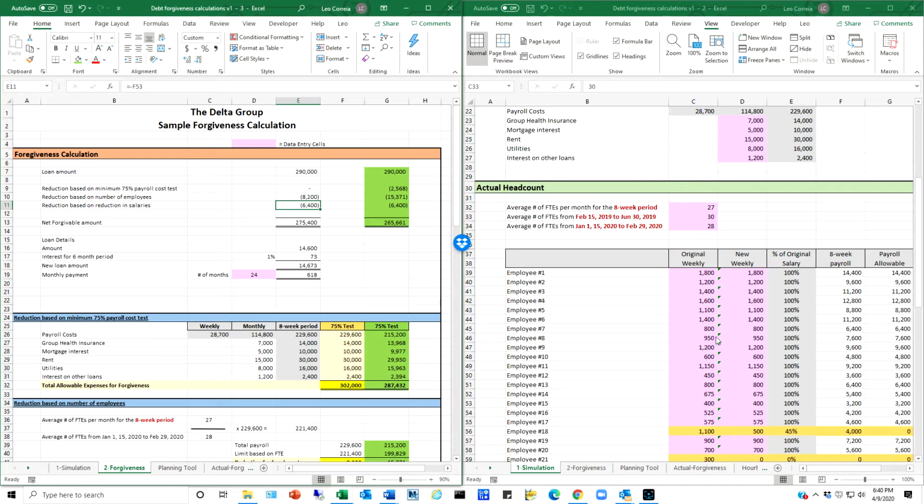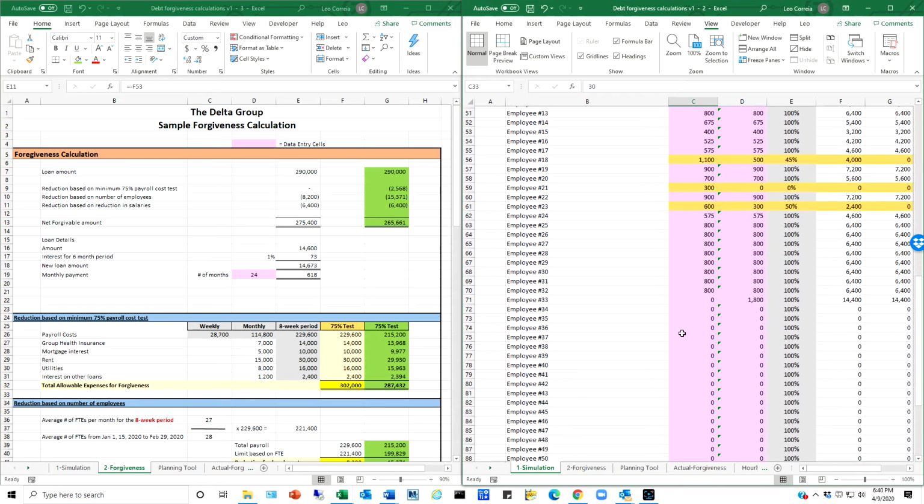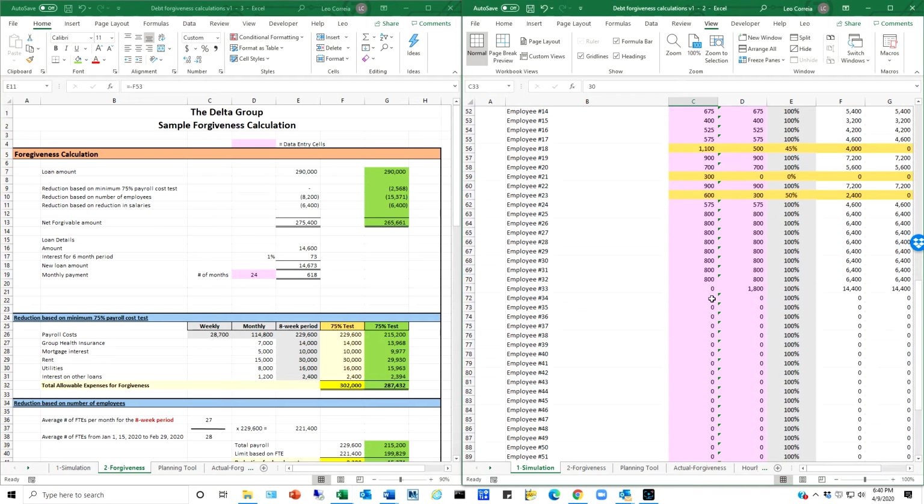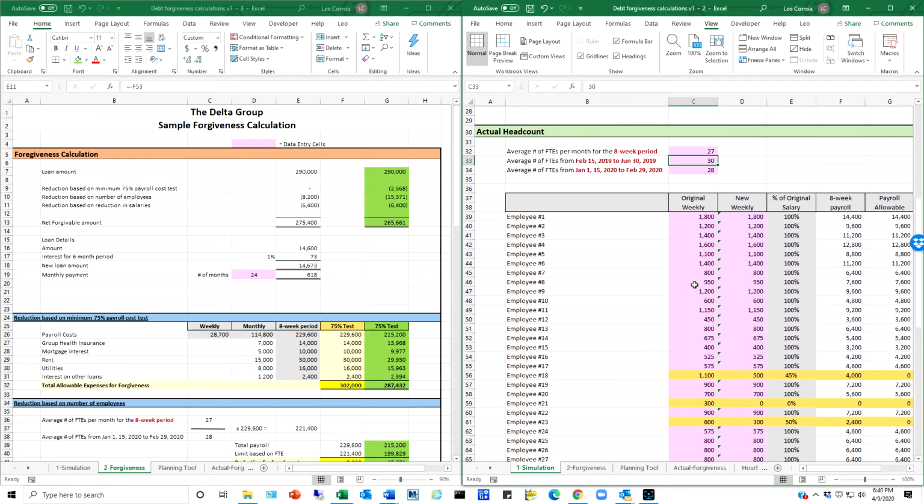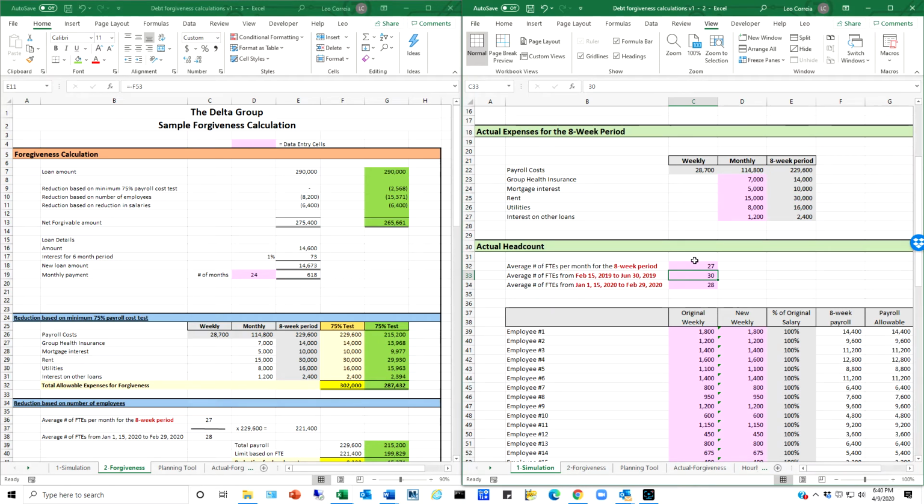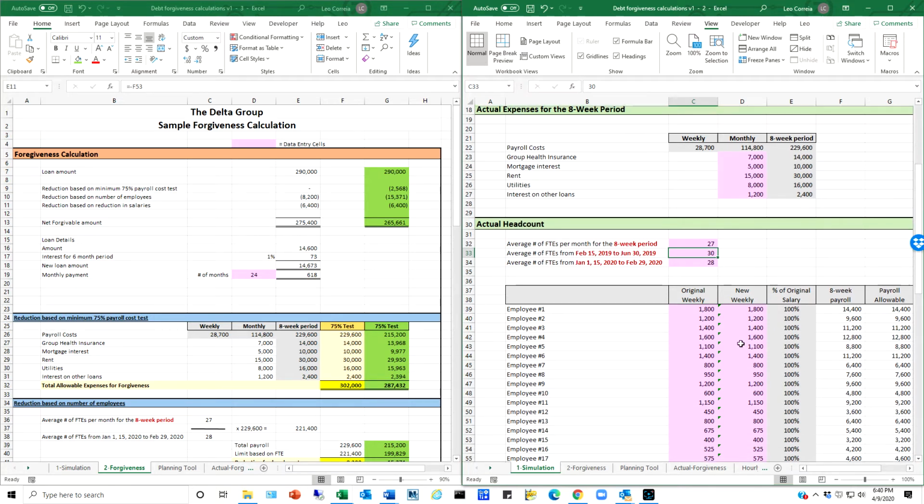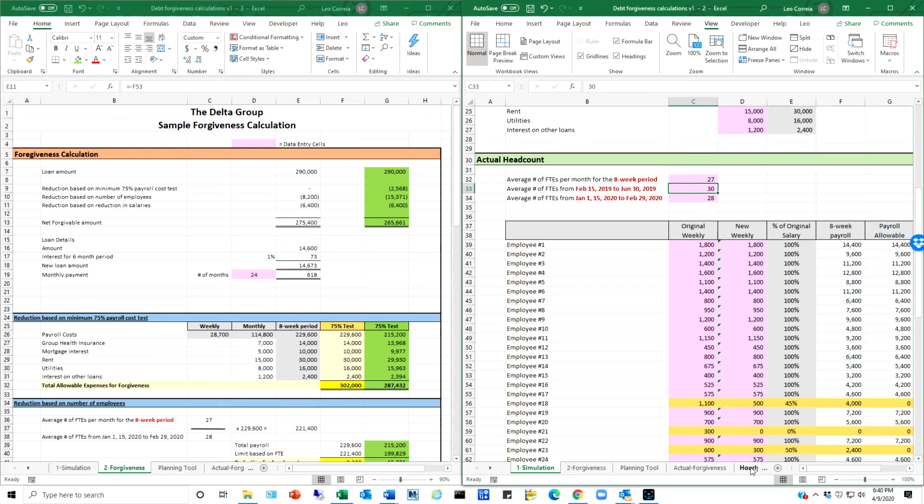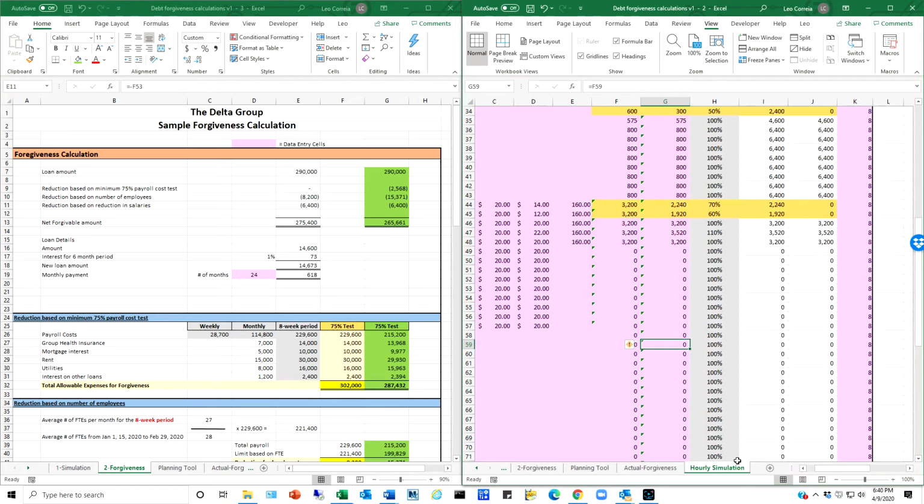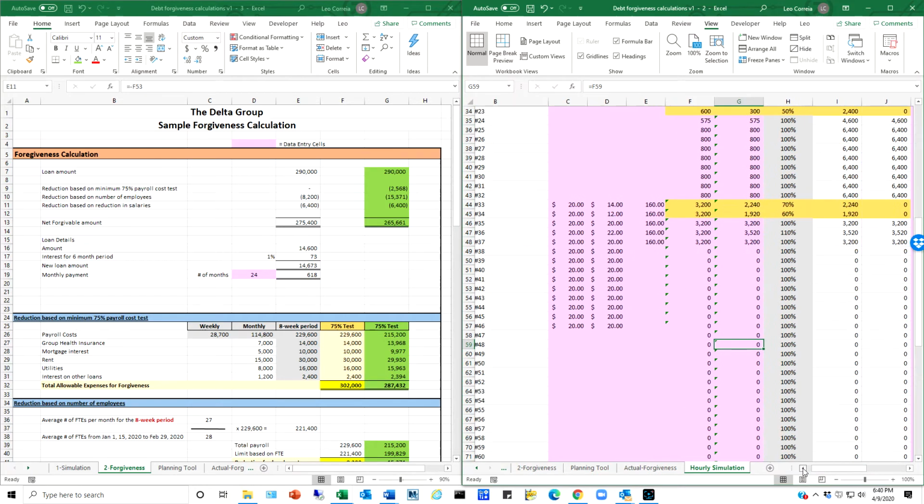Now we're going to go back and talk about part-time employees. The simulation tool here does not account for part-time employees. We haven't implemented that. The first version of this forgiveness calculation was really built on our weekly salaries. And because there is no guidance on actual hourly employees, and there wasn't guidance in many areas,